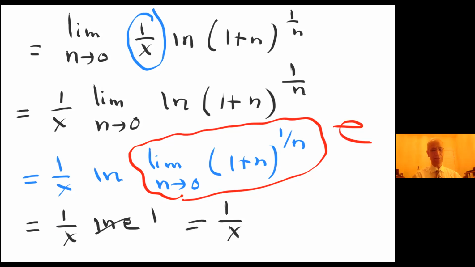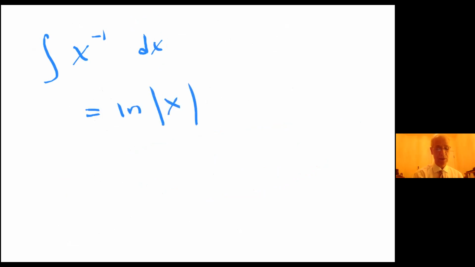So we know for sure that we have proved directly that the derivative of natural log of x is 1 over x, which indirectly shows that the antiderivative of 1 over x, or x to the negative 1, is natural log of x. But since we are running into a domain issue, let me go to the next page. If you are taking the integral of x to the negative 1, or 1 over x dx, this equals natural log of absolute value of x plus some constant c.